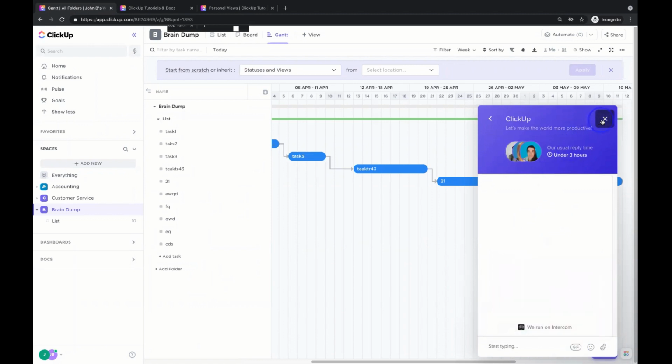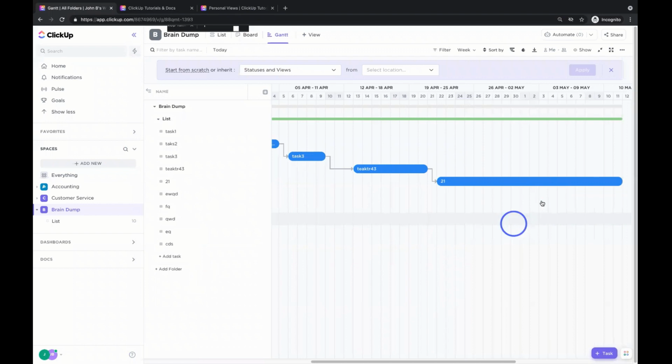But the point is, folks, we want to talk to you. We don't charge you for support. We want to give you the best customer experience you've ever had. That's one of our company values. In fact, it's our number one core value, to be as customer centric as we possibly can, to give you the best customer experience you've ever had. So reach out to us, talk to us, ask us your questions. We'll take care of you. We want to do everything we can to make sure you're getting as much value from the program as possible. And that's our big finish: please just reach out to us and talk to us.